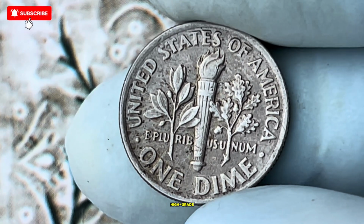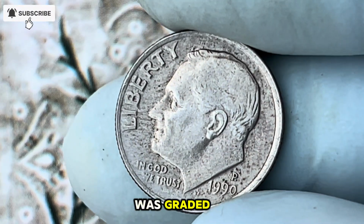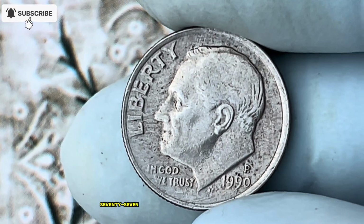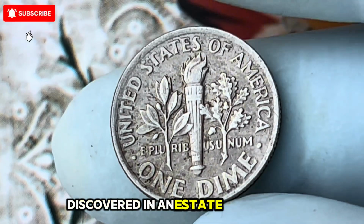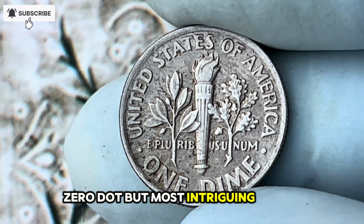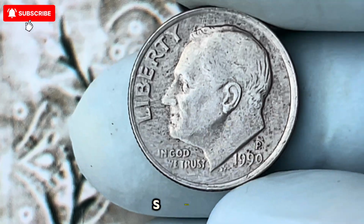A particularly high-grade example, with near-flawless fields and a sharp strike, was graded PR69 by PCGS and became the star of a major auction, where it commanded a staggering $77,000. Another, discovered in an estate collection, changed hands in a private sale for $84,000. But most intriguing of all was the debate surrounding whether a second type of 1990 NOS existed, an even